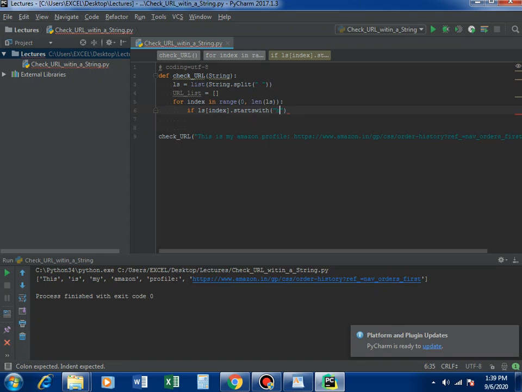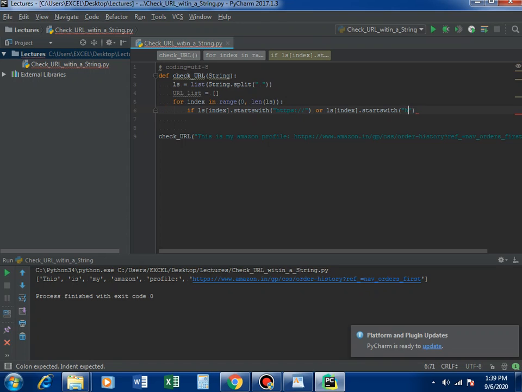If ls of index dot startswith, which is a predefined function for strings within Python,